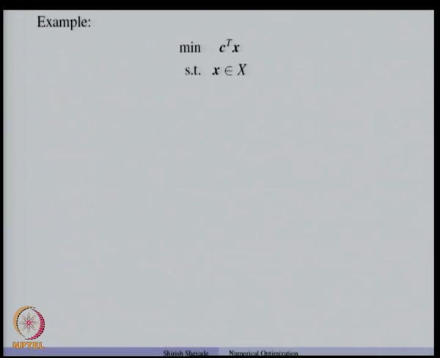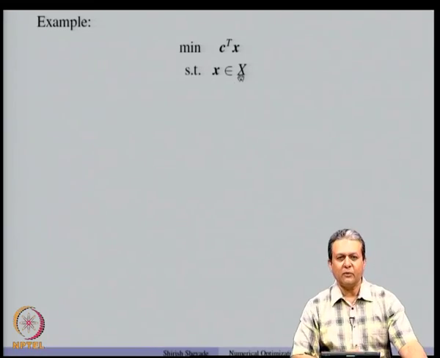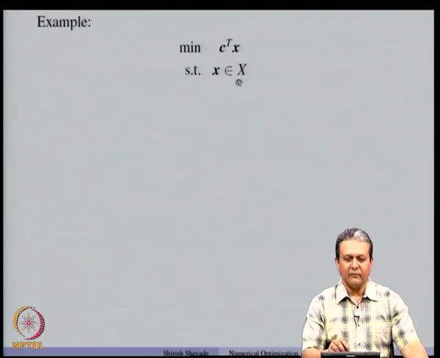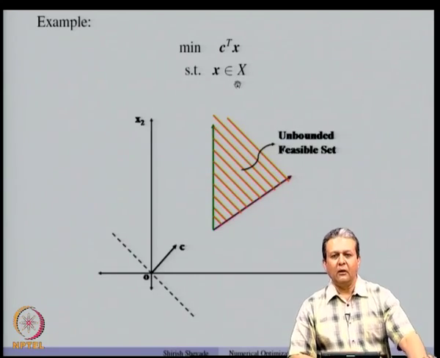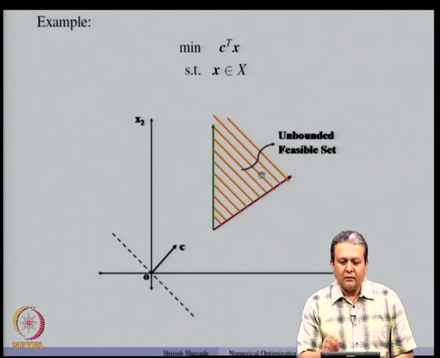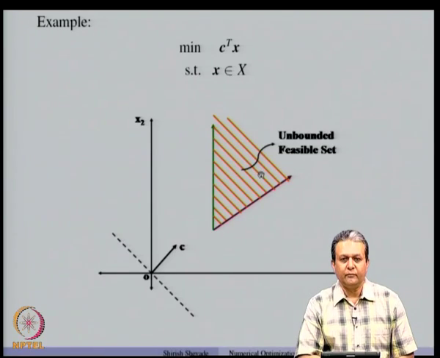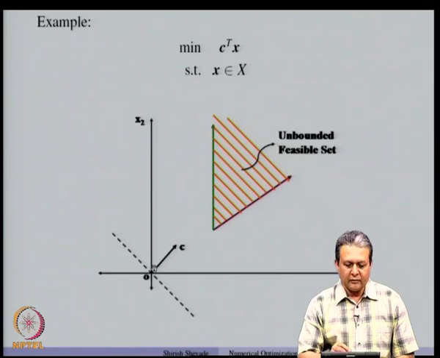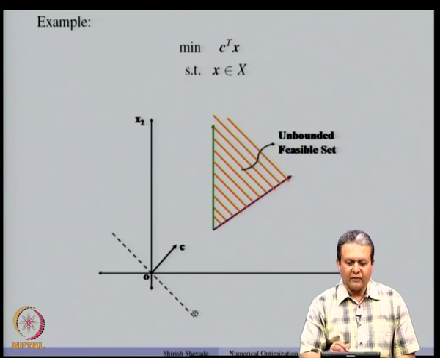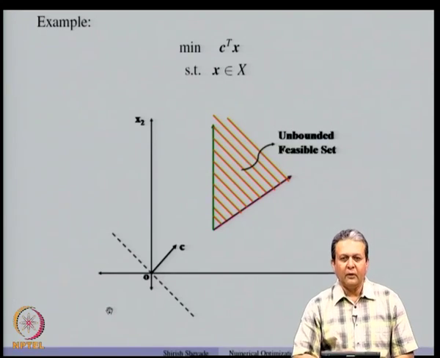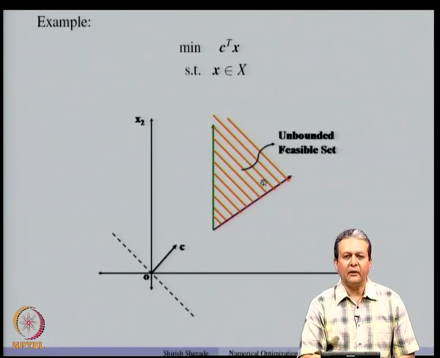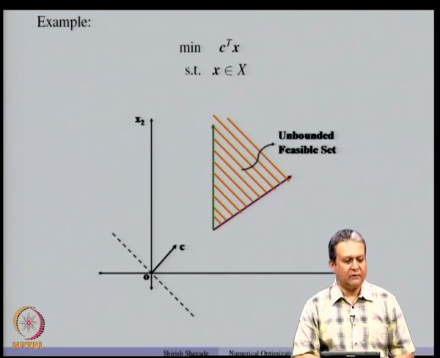Let us consider a general case: minimize C transpose x subject to x belongs to X, where X is a convex set. Now, in this case, the set is unbounded and convex, and assume that the C vector points in this direction. Now, C transpose x equal to 0 is this hyperplane, and we want to move in the direction of minus C. So, if we consider any feasible point and start moving in the direction of minus C,